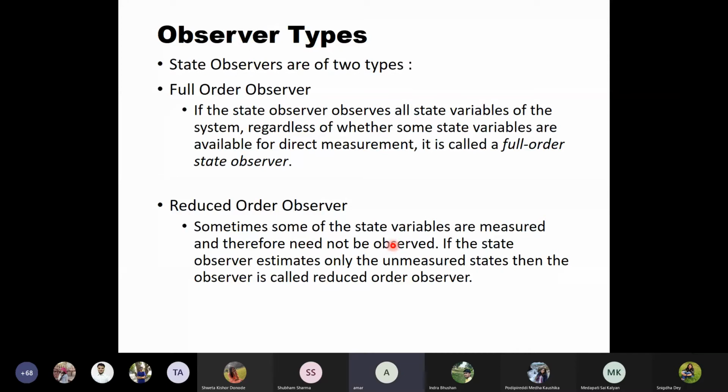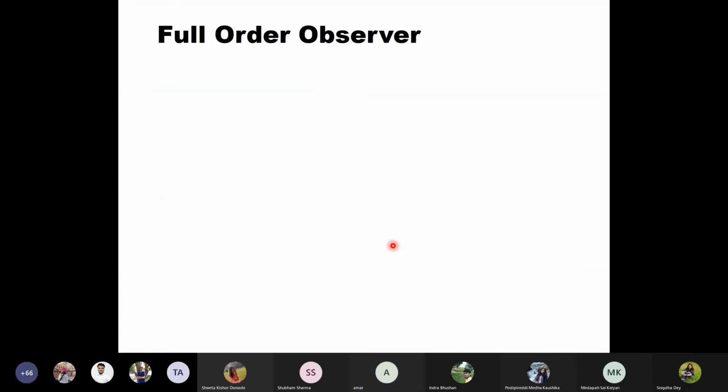The design of observer, let us start with the full order observer. And then we'll go on to designing the reduced order observer. So today in this class, we'll try to complete the design of the full order observer. For a full order observer, let us consider the process x dot is equal to Ax plus Bu and y is equal to Cx. Okay. So in this process, we are considering one output, so obviously you require one input. So this will be a scalar quantity.